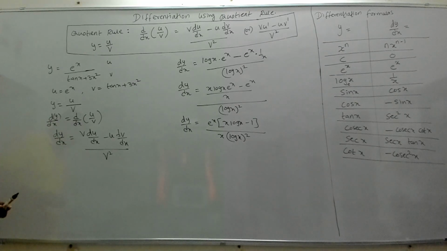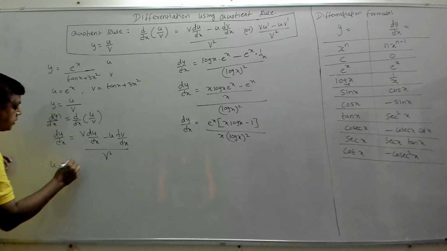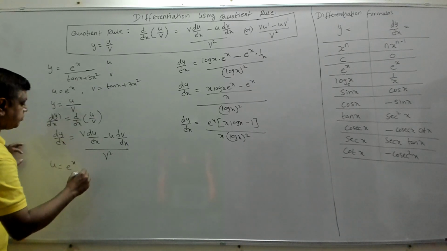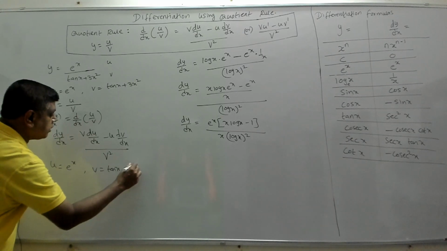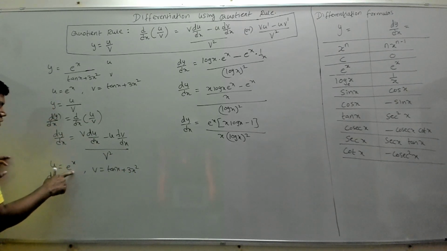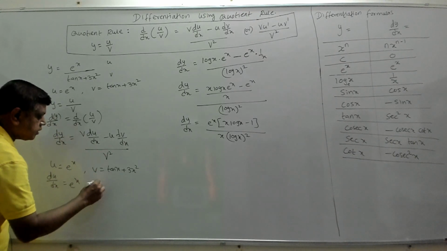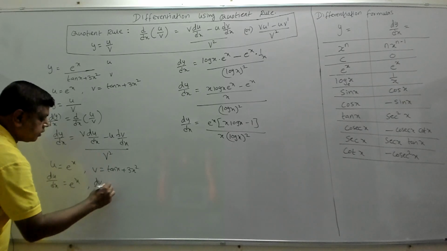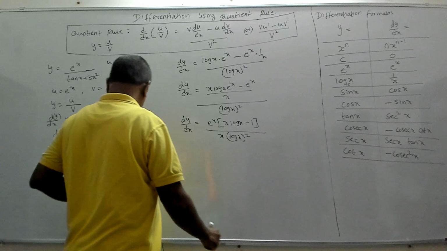Right? So, now let's take again u. Our u is e power x. Our v is tan x plus 3x square. Now, let's find what is du by dx. Our du by dx is the differentiation of e power x, which is e power x. The differentiation of v is dv by dx, equal to, now the differentiation of tan x. The differentiation of tan x is secant square x. So, secant square x